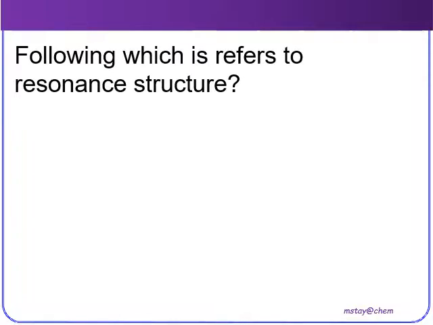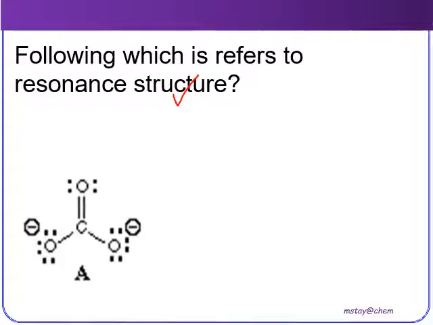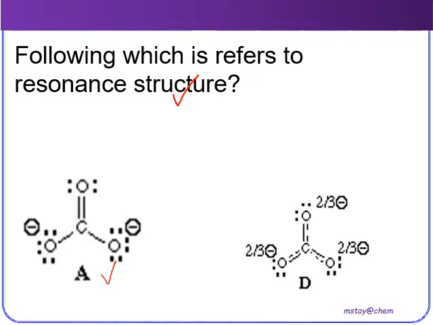Let's do a quick check. Which of the following represents a Lewis resonance structure? So yes, A is a resonance structure because the single and double bonds are very distinct. B is not a resonance structure because the single and double bonds are not distinct, but this one shows an intermediate